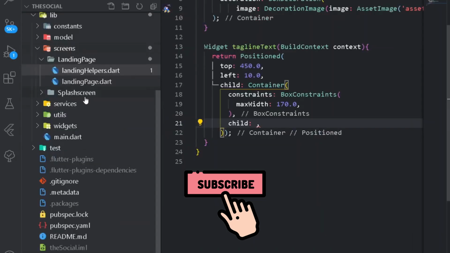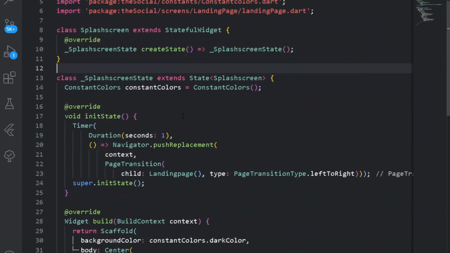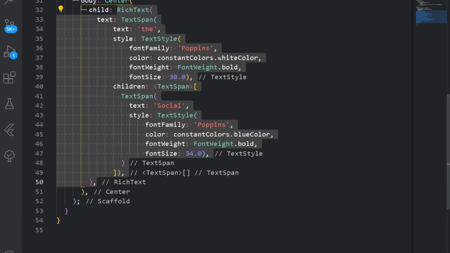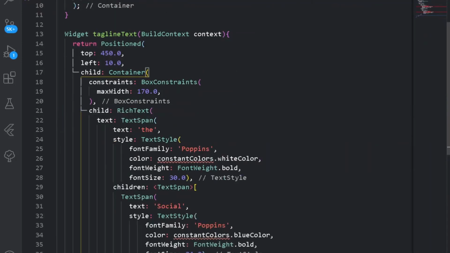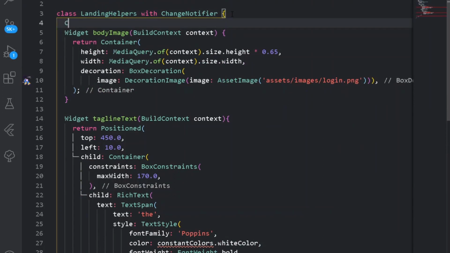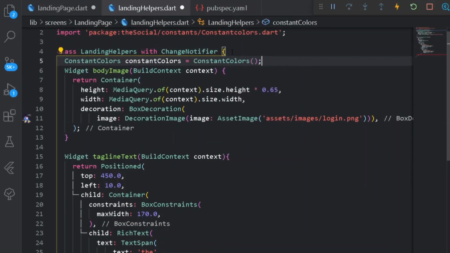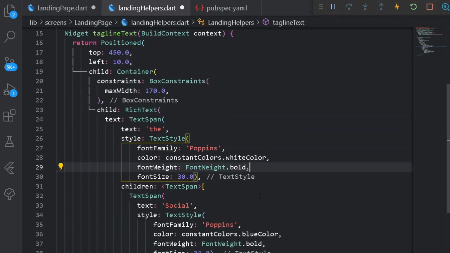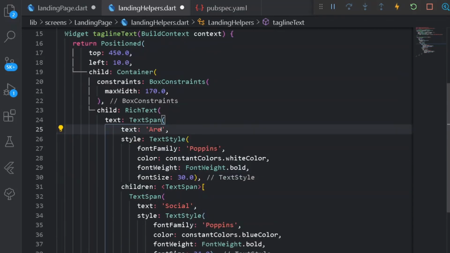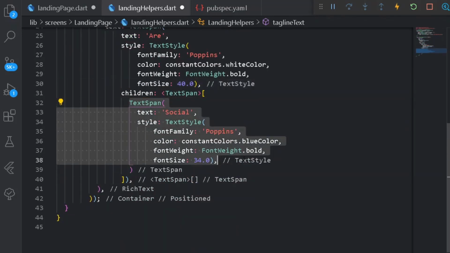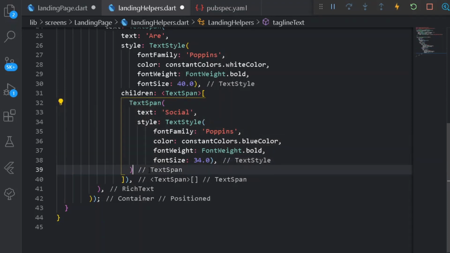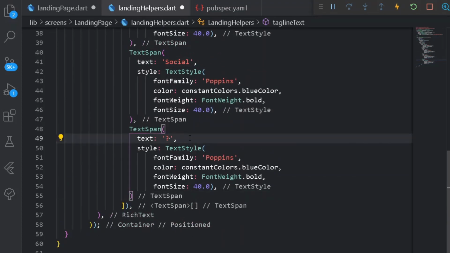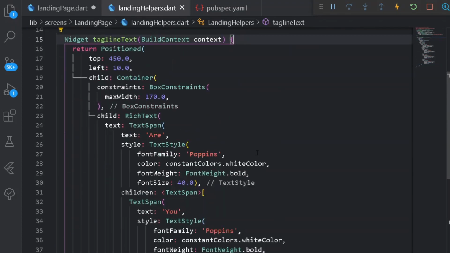So for having the following rich text, I can go under my splash screen and copy the following thing. Alright, I am not cheating, I am only saving my time. So here, let's paste it up here. So for this, I will be simply having my constant color, the usual thing. So after having that thing, press Ctrl and S. So format document first, but we need some different properties here. So first of all, let's have all the different attributes. So under text span, I will be simply copying the following text span. So here I will be simply copying the entire text span and pasting it one more time. Alright, one more for the question mark under a form of white color. Cool, so we have everything up and ready.